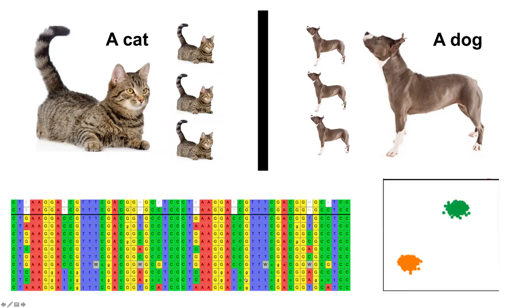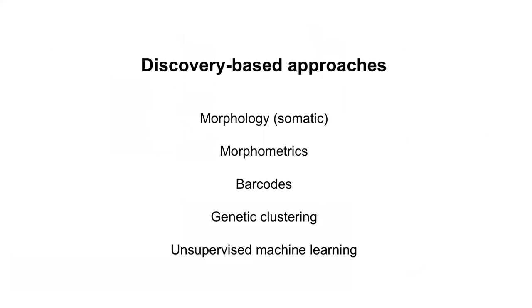In my mind, sequencing a gene or 100 genes is essentially dimensionality reduction. And then of course, you can reduce those dimensions further and do some clustering and then draw your line, right? So in essence, this is what species delimitation is. So I'm going to talk about discovery-based approaches. These are approaches that serve as a first step, a starting point to identifying species-level hypotheses, which are then tested in validation analyses. Discovery-based essentially just means you have no a priori hypotheses. And there are many different types of discovery-based approaches. I'm going to mention a few of them before I get into unsupervised machine learning.